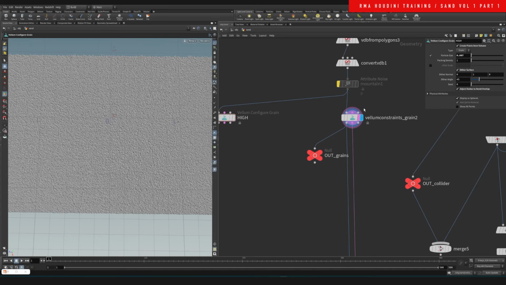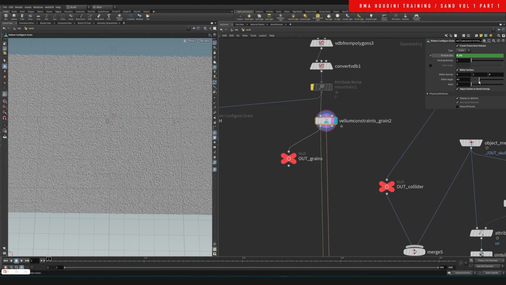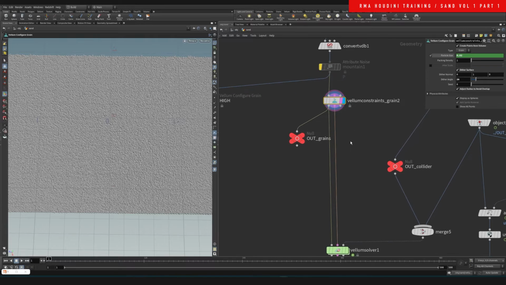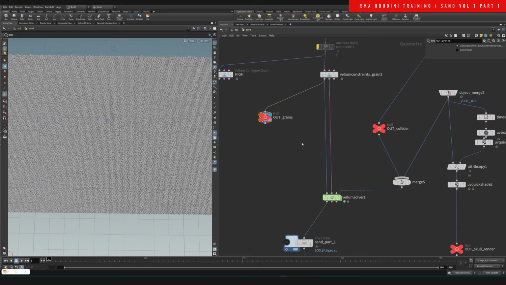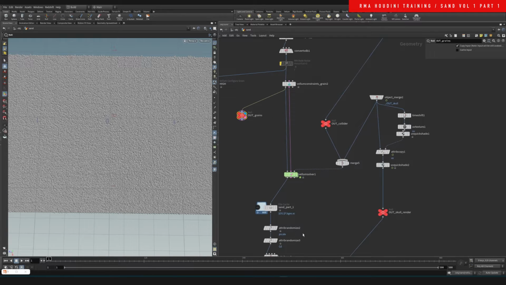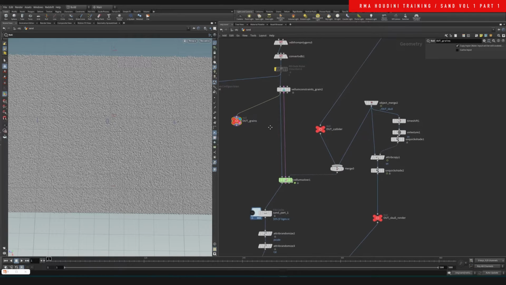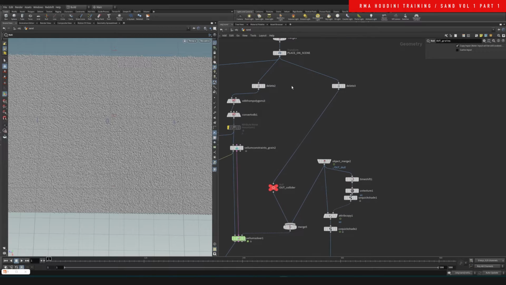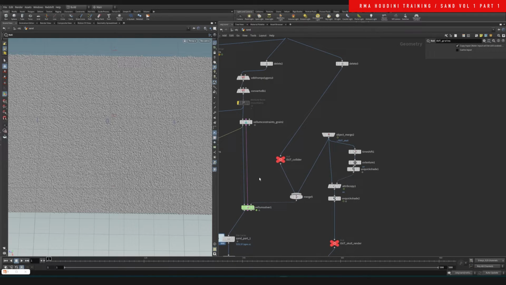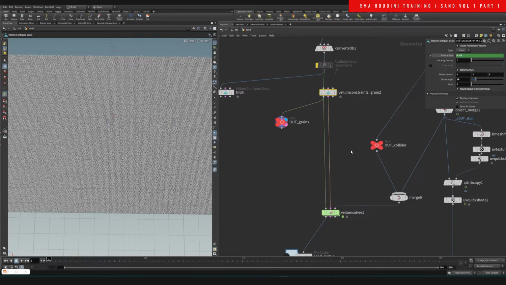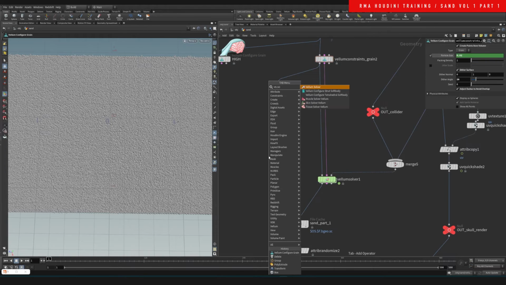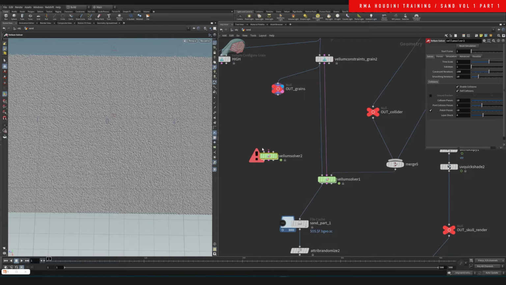A little bit of dithering, which makes sure that it's not completely uniform in the placement of the grains. And then I created this right here, which is our grains, because we're gonna use this layer now. And let's look at what we are plugging into this other input. Basically, what I did is the grains on top, and then you do a vellum solver. Then once you do the vellum solver, you connect this one here,